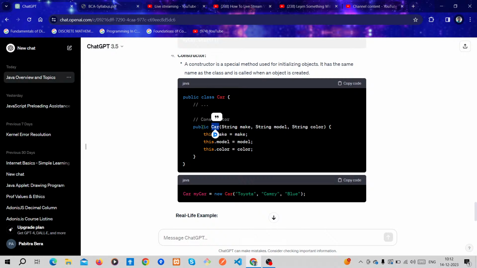It has an access specifier: public, private, protected. If the constructor is public, then you can access it from outside of that class. If it is private, then you can't access it from outside of that class, and if it is protected, then you can use that constructor from outside using inheritance. Okay,